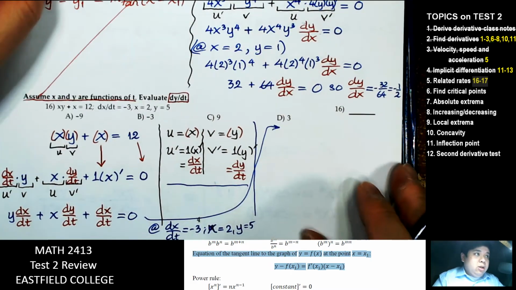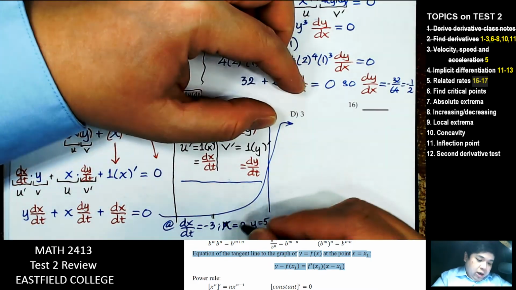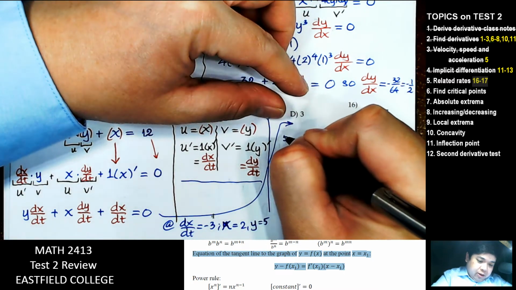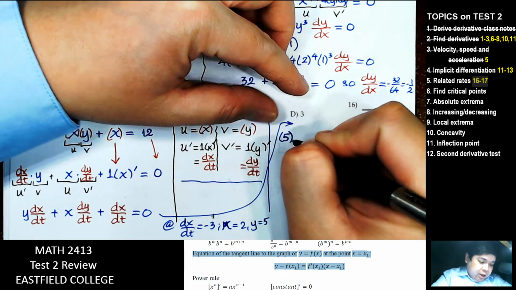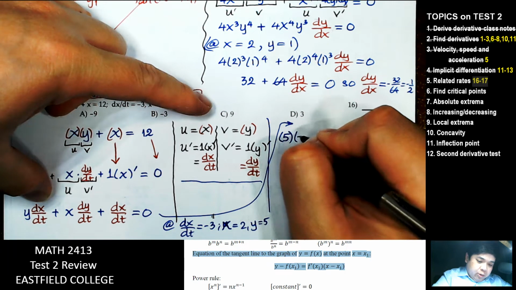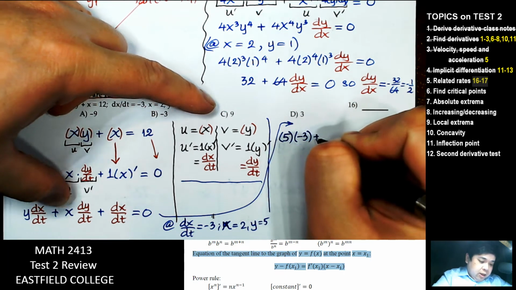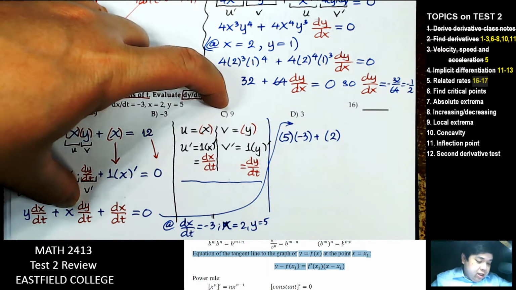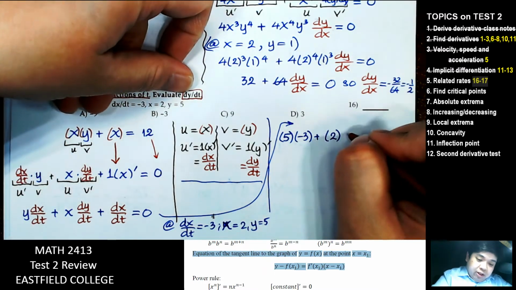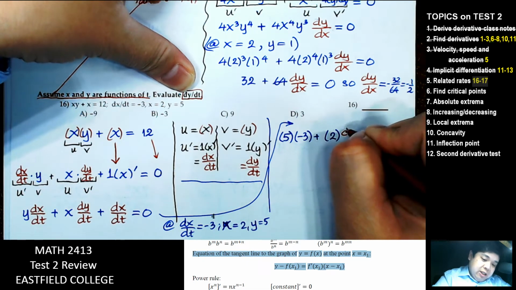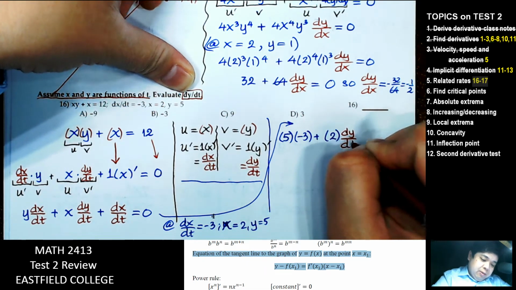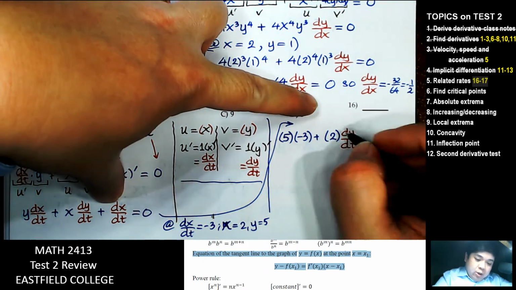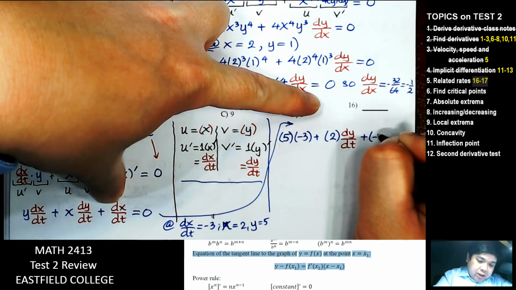So we're going to put y is going to be 5. dx over dt is -3. x is 2. dy over dt, that's the one we don't know. We're looking for it, so it's here. dx over dt we know is -3